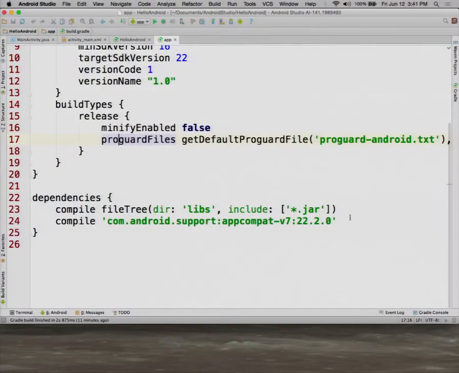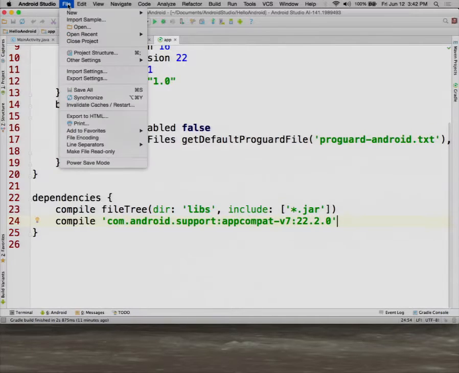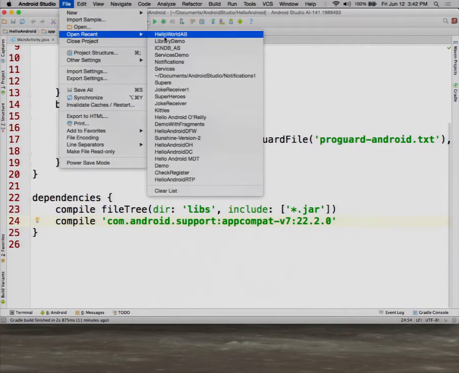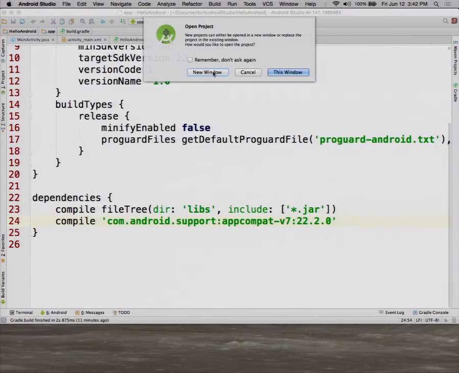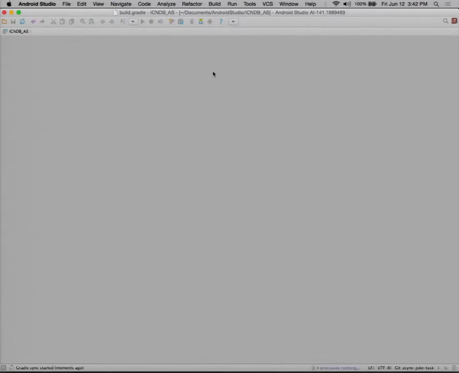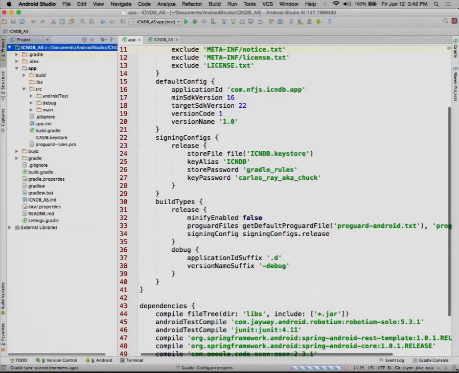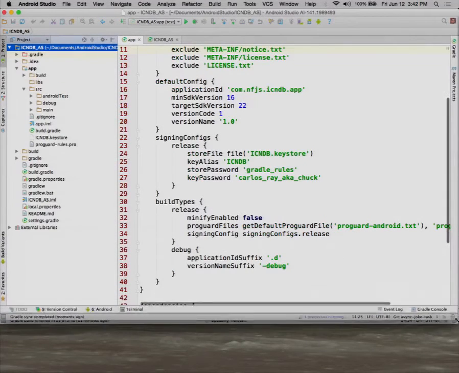Okay? All right, now I'm going to leave this and go to an already constructed couple of applications that I have, because I want to show you some examples. Actually, before I do that, let me show you how nicely Android Studio handles when you add a new dependency. Okay? So if I open one of the projects I plan to open, my good old ICNDB Android Studio app, I'll open it in a new window at the moment. And again, I'm going to have to remember to bring that up.